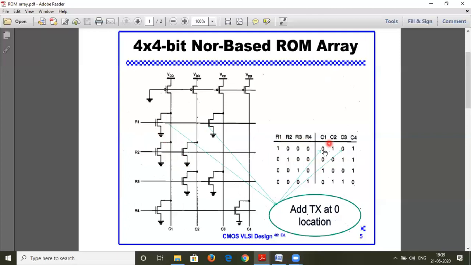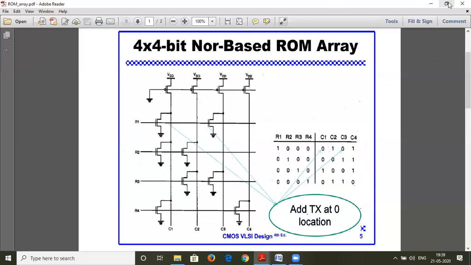So this data can be dynamic. It can be changed, and varieties of changes can happen here. So you can have binary data or you can have decimal data which can be converted into binary data. So let us, without wasting any time, directly implement this in LT Spice environment.